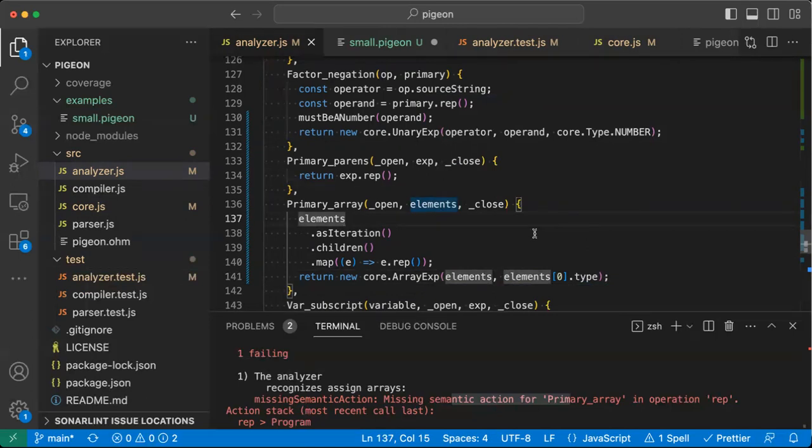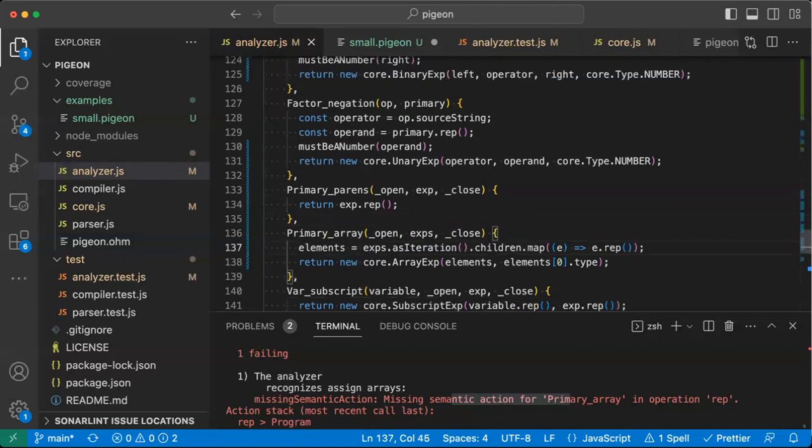Interesting though, right? Oh, wait a second. Look at this, this is not good. The primary array gets a bunch of expressions. The elements is going to be the expressions dot as iteration dot children. No, not like that. Children. There we go. Okay, so we take the expressions that are separated by commas. We put them into a sequence node for Ohm. Then we iterate through its children by computing the representation for each one of them. As iteration gets parens, children does not. Then we can return an array expression that has the type of the first element. Only,